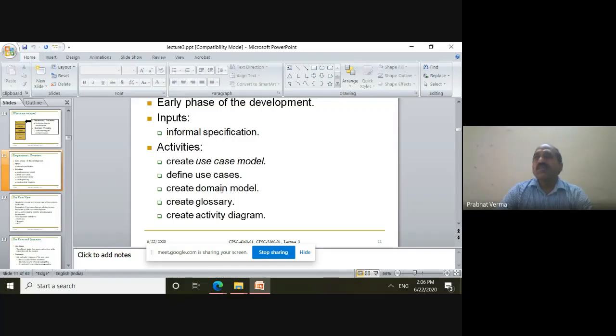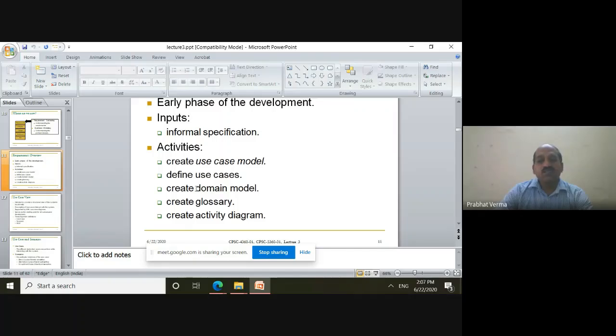The domain model is basically a crude form of the class diagram. It gives the basic structure of the system: what the system boundaries are, what the system is, and who is interacting with the system.